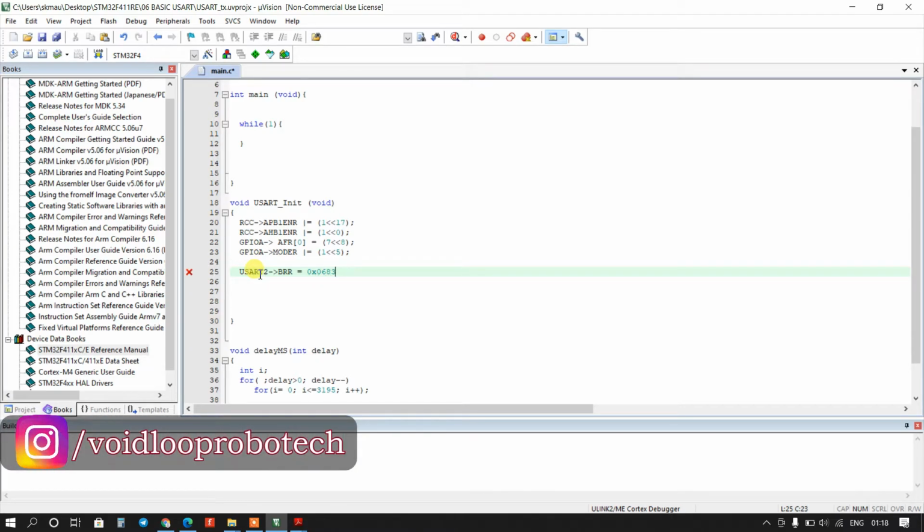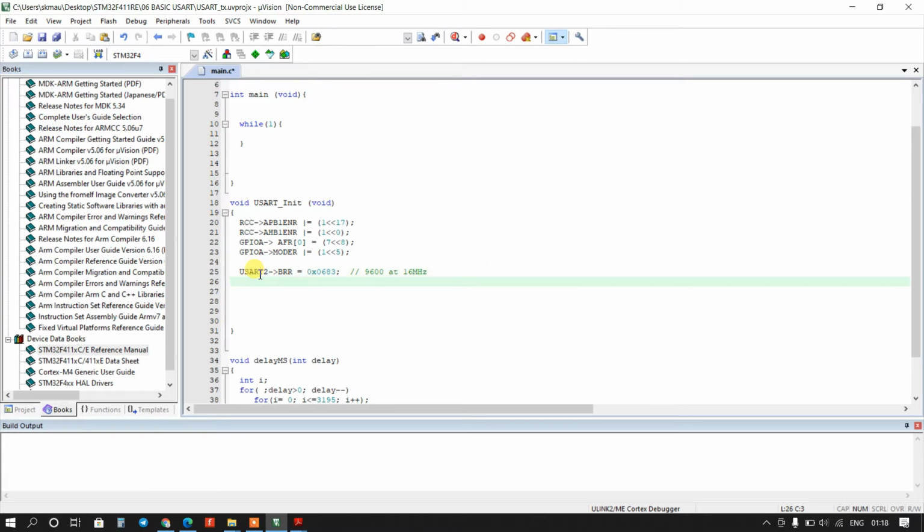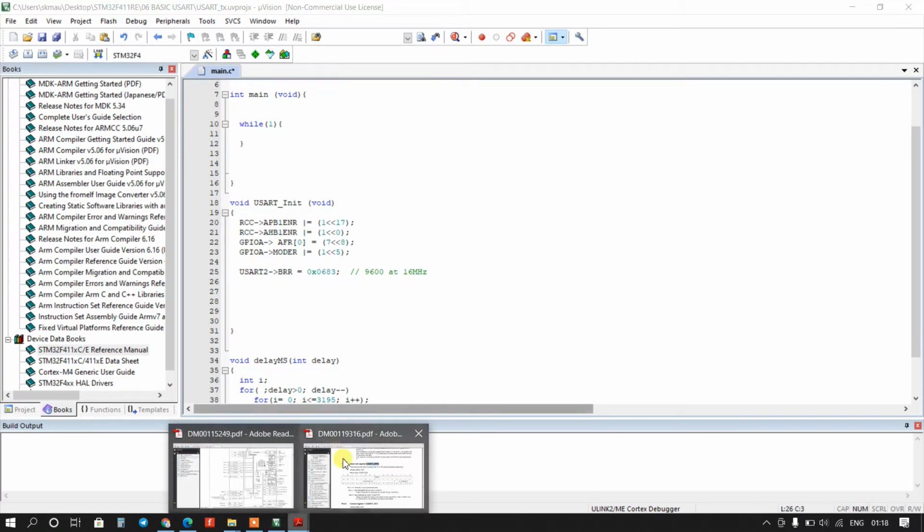In the next tutorial I will teach you how to calculate this value. So here it will be 9600 baud rate at 16 megahertz. Okay, and now we will go to the USART control register.